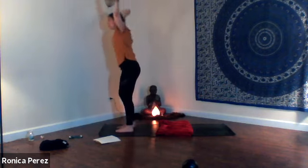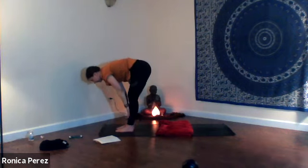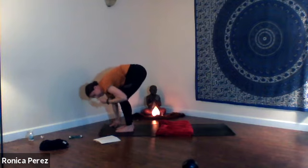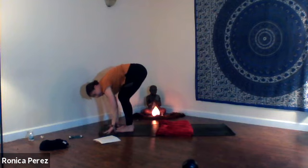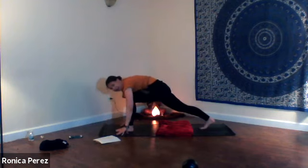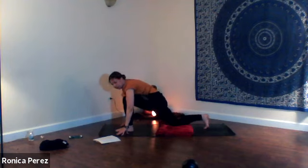As you exhale, forward fold. Inhale for halfway lift. Exhale, forward fold. And this time, we'll place our hands down on the ground. This is, again, maybe you want to grab a prop, something to give you a little bit more height, because we're going to draw our right foot back behind us to set up for a lunge, dropping that right knee